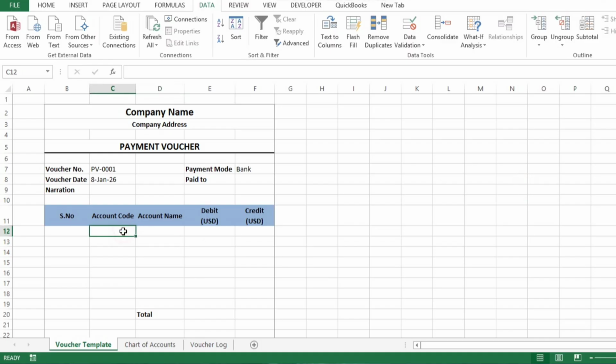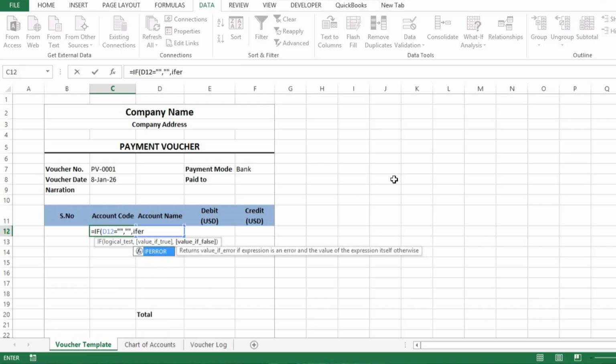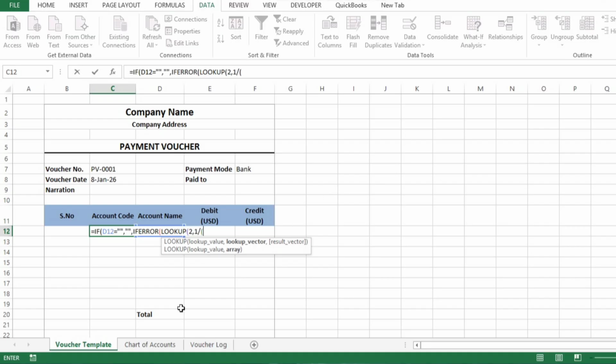Now in cell C12, type the formula: equals IF, open parenthesis, this D12 cell equals double quotes, comma, double quotes, comma, IFERROR, open parenthesis, LOOKUP, open parenthesis again, 2, comma, 1 forward slash, open parenthesis,